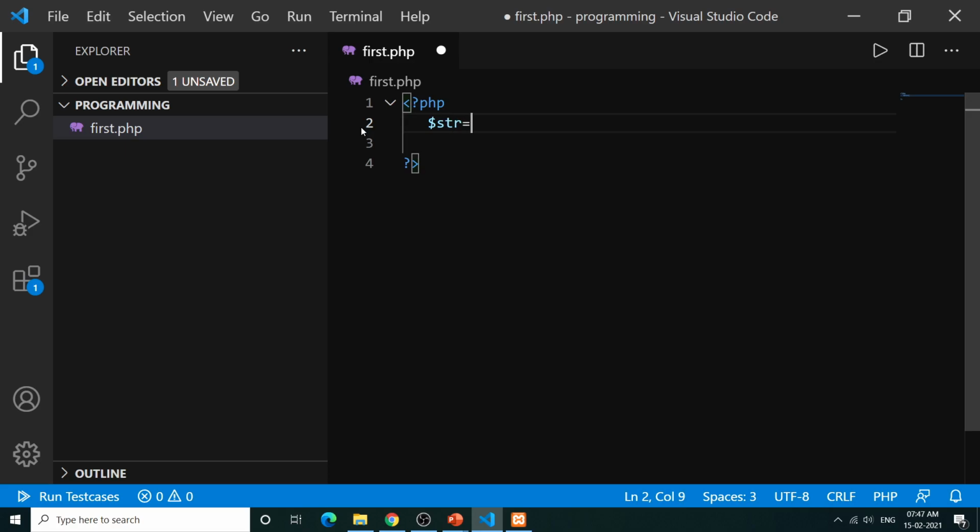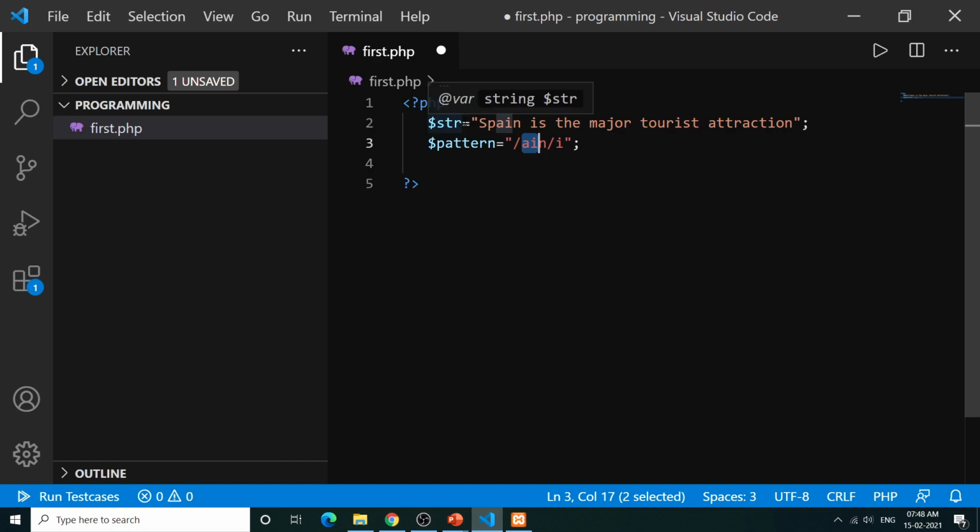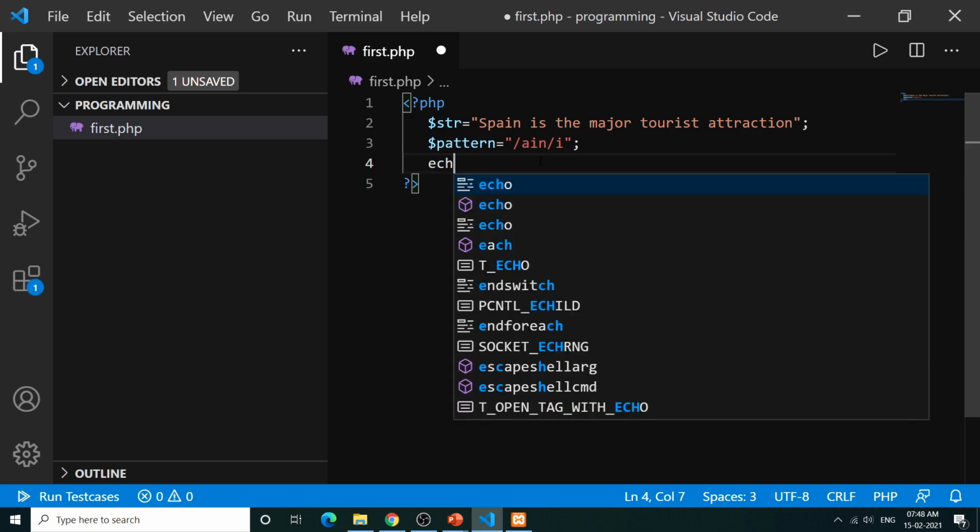So I'll just create a variable and here we'll say Spain is the major tourist attraction. Okay, and then we'll write our regular expression to find AIN. I'll just say delimiter, then AIN, then again a delimiter and optional modifier. So it will check how many times AIN is present here. I'll just echo